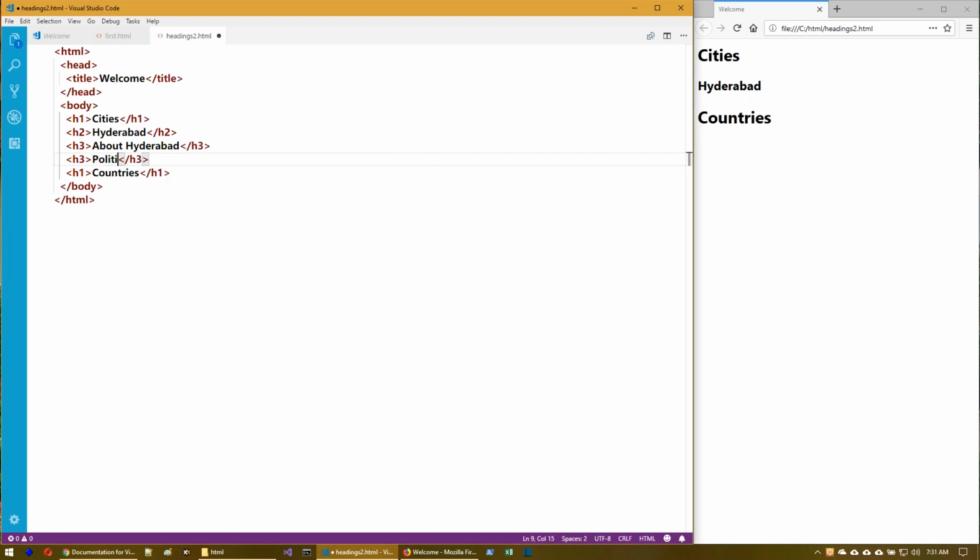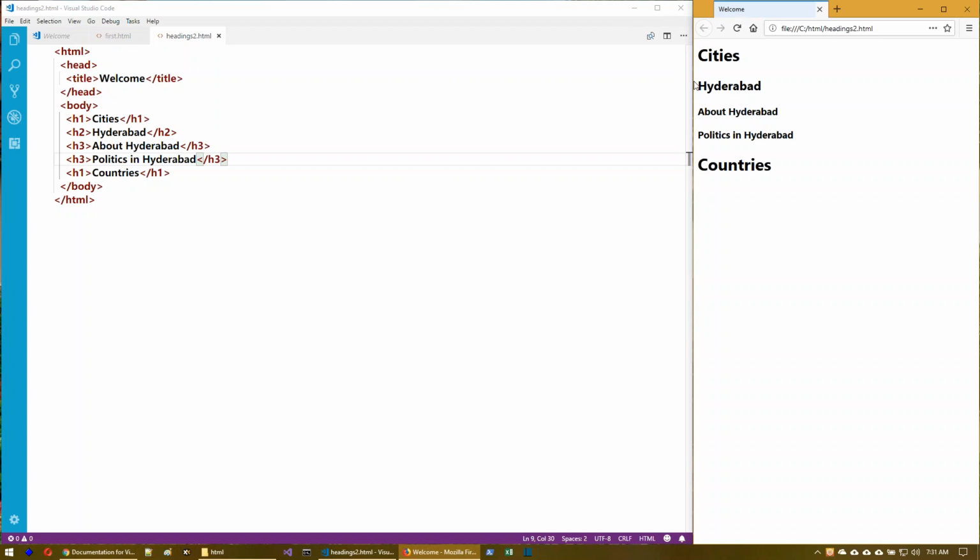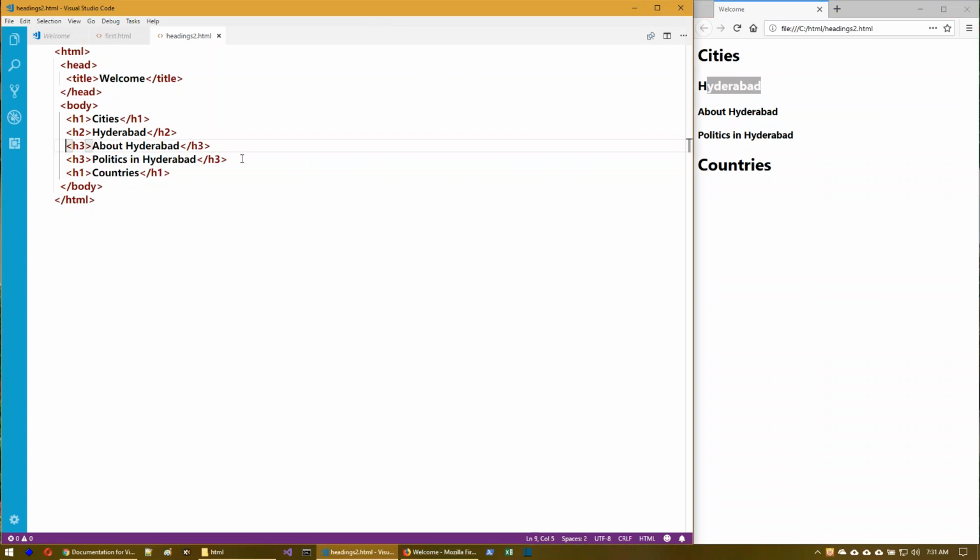Okay, politics in Hyderabad. So this, about Hyderabad and politics in Hyderabad, both are at an equal level, describing the city Hyderabad. So for both of these I have used H3. Understand? And then